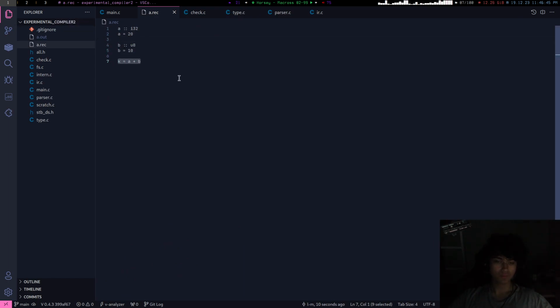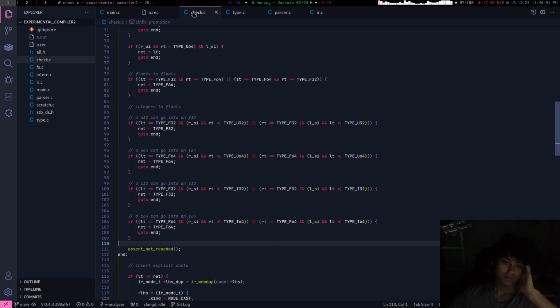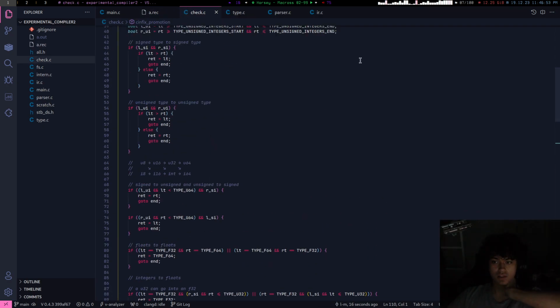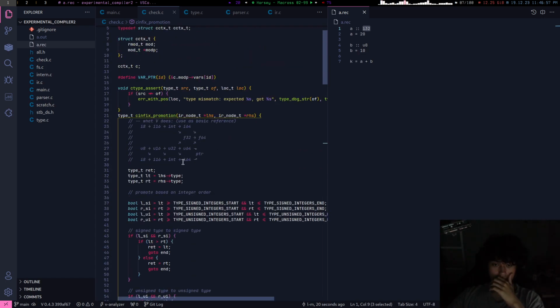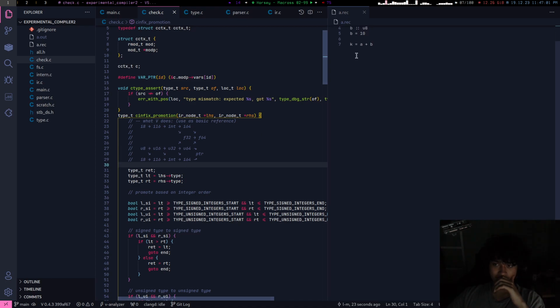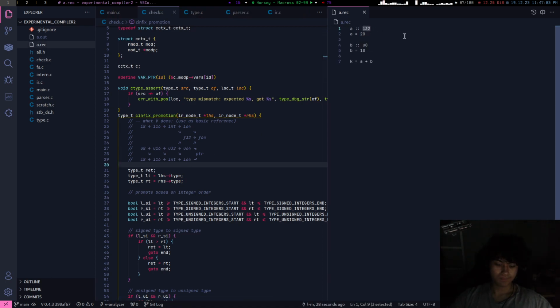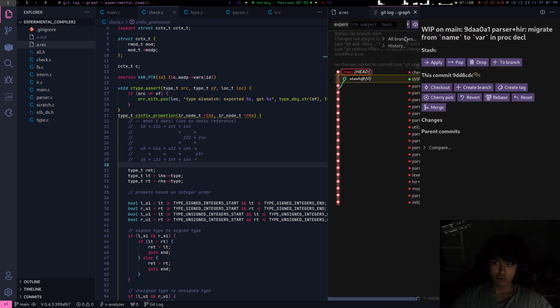So we have A and B, and let's promote. Let's see what we can do. Let's add an I8 and an F32. I don't know what it'll do.